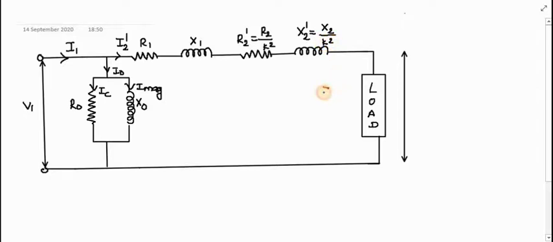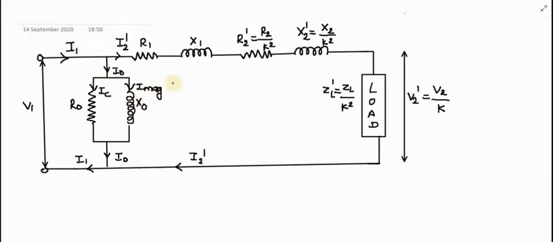When I am transferring load impedance ZL on the primary side, it will become ZL dash, which is equal to ZL by K square. When I am transferring V2 on the primary side, it will become V2 dash, which is equal to V2 upon K. Right? Similarly, this is your I2 dash, which is nothing but K into I2. So this I2 dash will come back from this up to there. This is your I0, and the vector sum of your I0 and I2 dash is again I1.